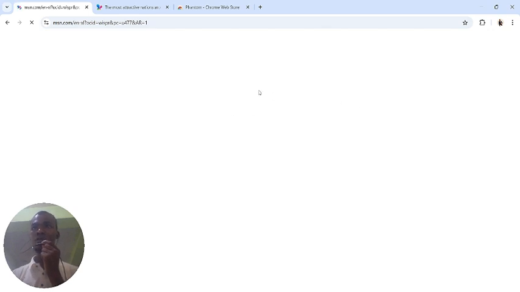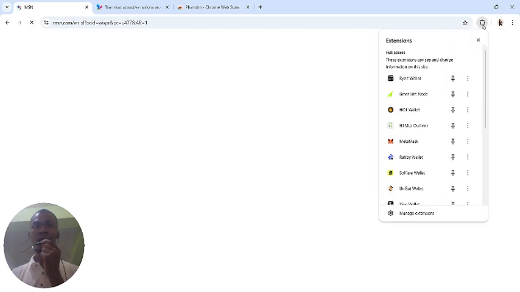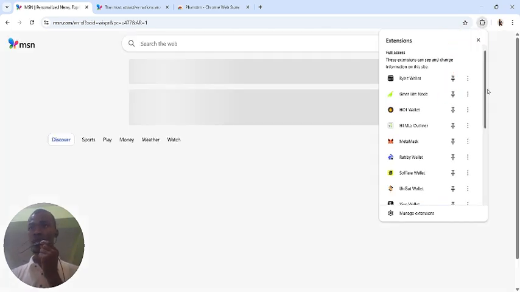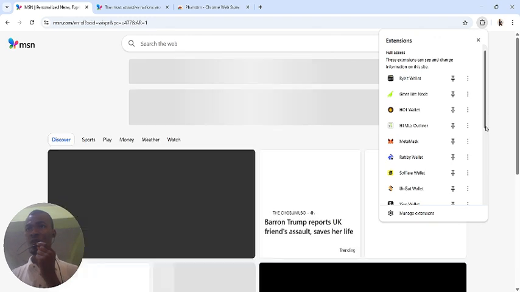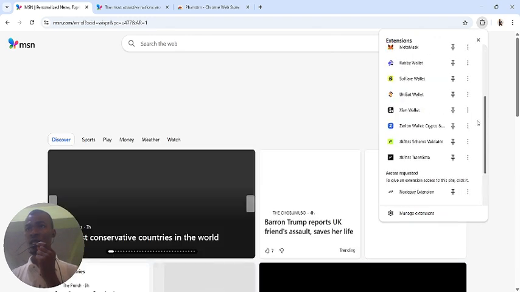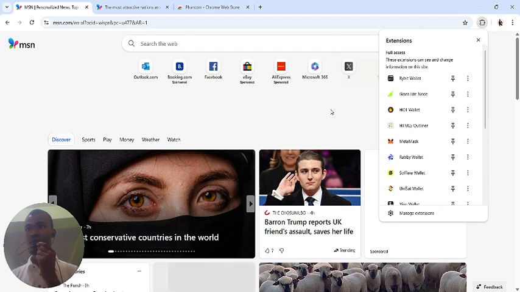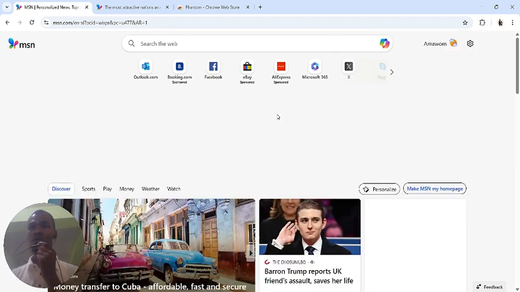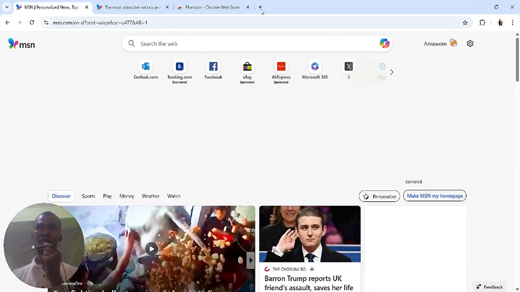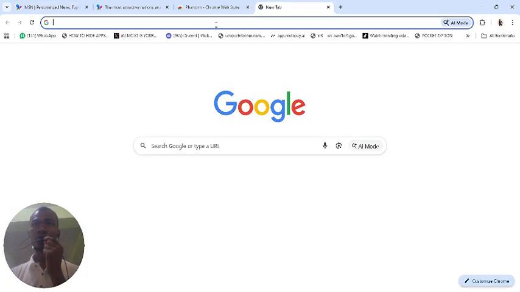But how do you actually start? Before you can start interacting with crypto using your PC, you must understand that this is where you can track your wallet, like the wallet that you've added to the extension. You can see, if you check here, I have a lot of wallets which I'm using for my crypto stuff, right? But you need to learn how to add it before you can even start using it. So the first step is for you to go to